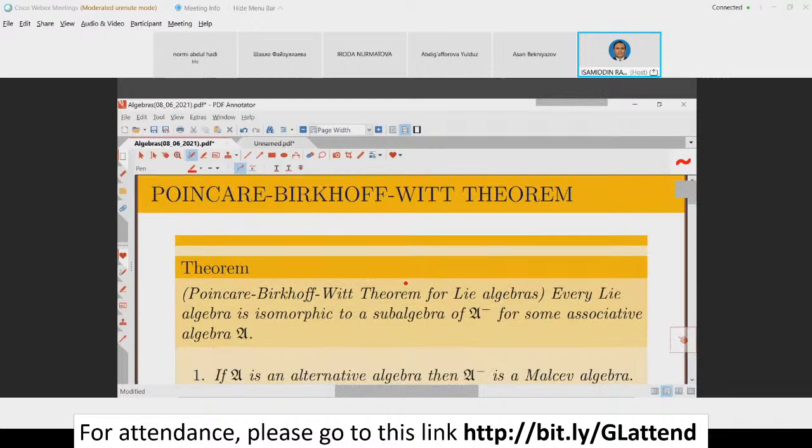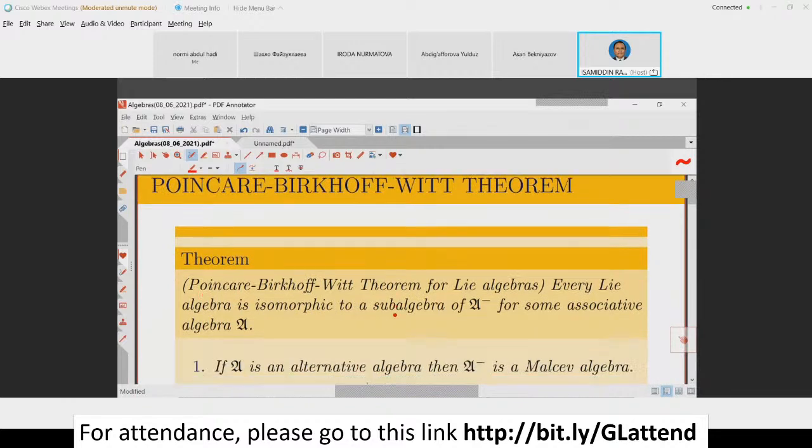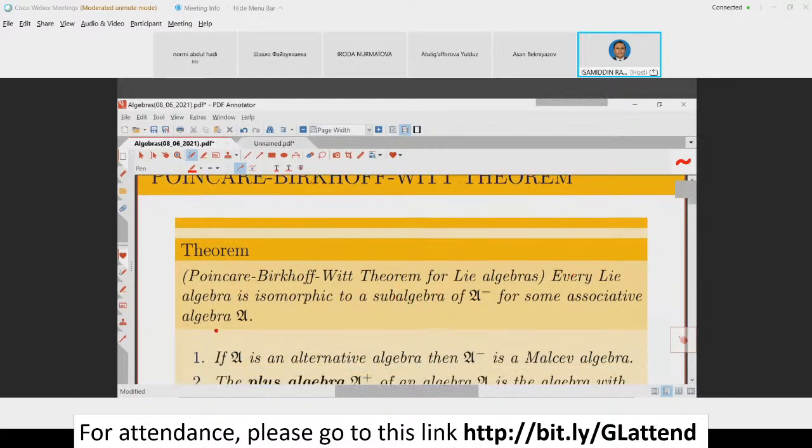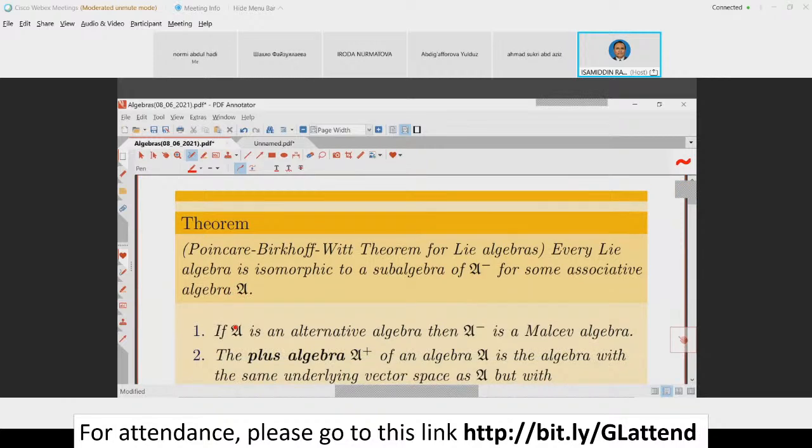This theorem says every Lie algebra is isomorphic to a subalgebra of A minus, where A is an associative algebra. So that means if you consider an associative algebra A with a dot operation,